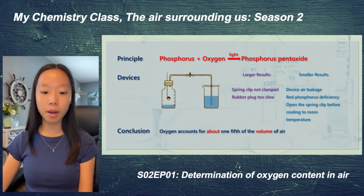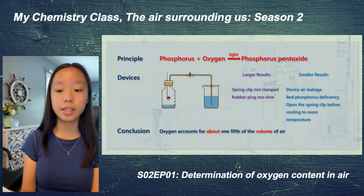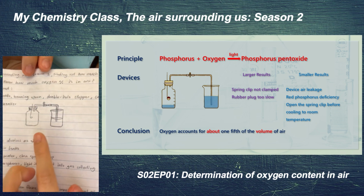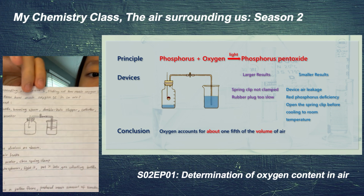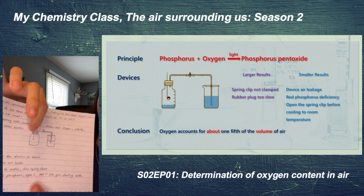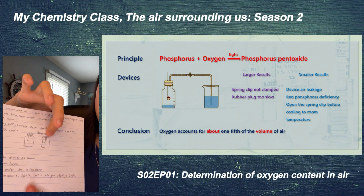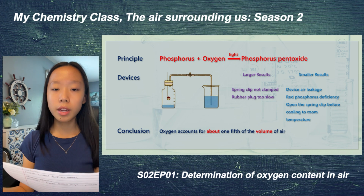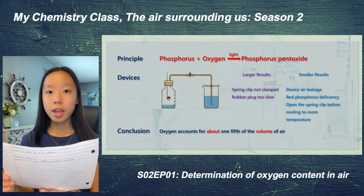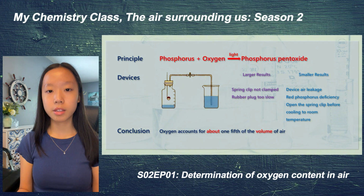Step number 1 is to connect all the devices. This is my script, kind of, and I have a little picture right here to demonstrate for you guys. This is the gas collecting bottle and this is the beaker. So step 1 is basically just to connect all the devices, and step 2 is super important because it's checking